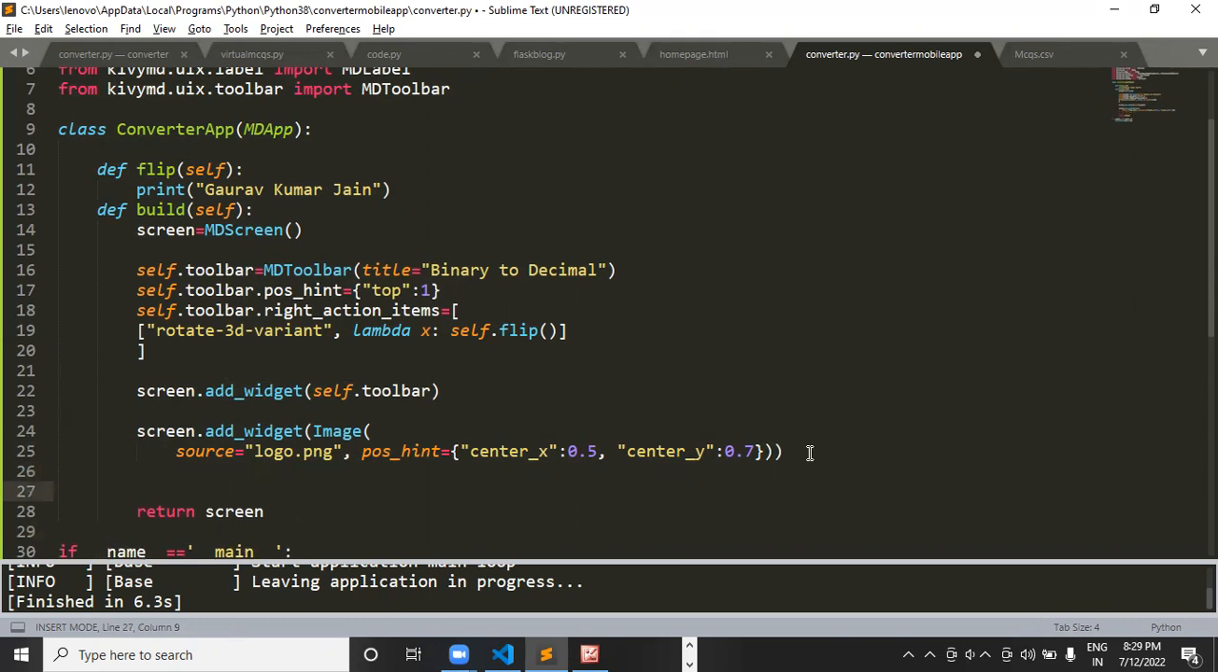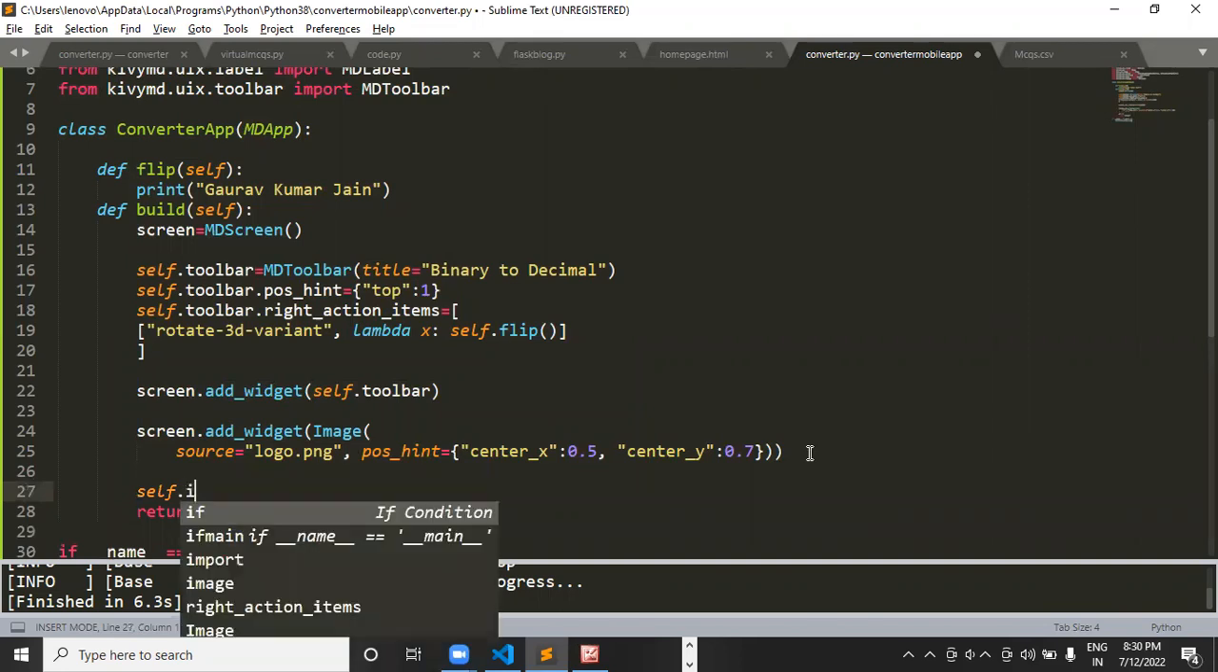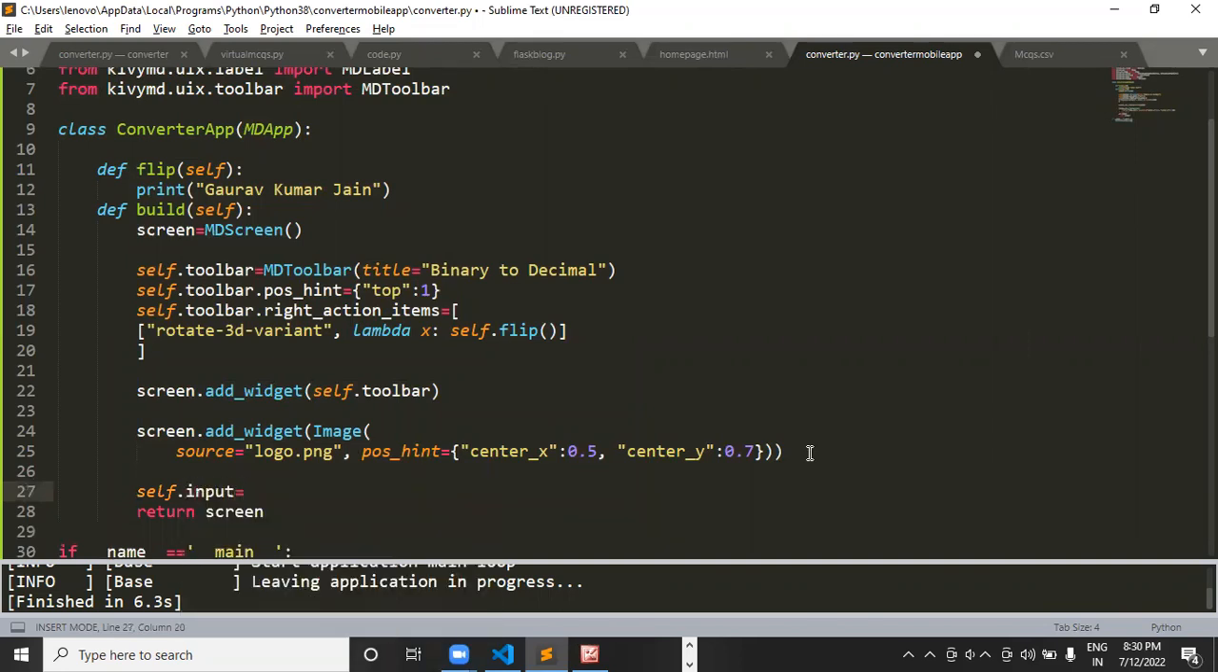It's working now? Sure, that's great. So now we have an image on our mobile application screen. It's time for us to define a text field in which the user can input something. So self.input, right? And this time we'll make use of MDTextField, and inside it, let's put some